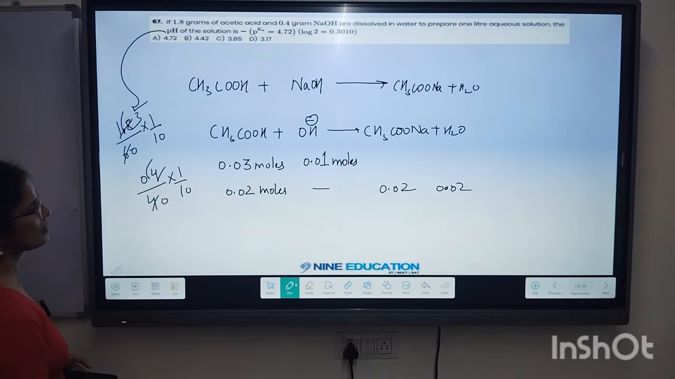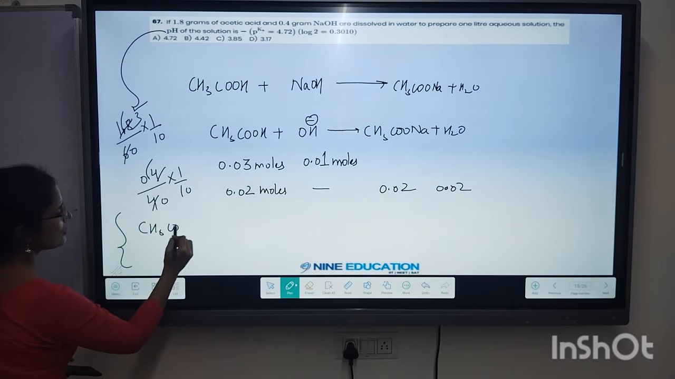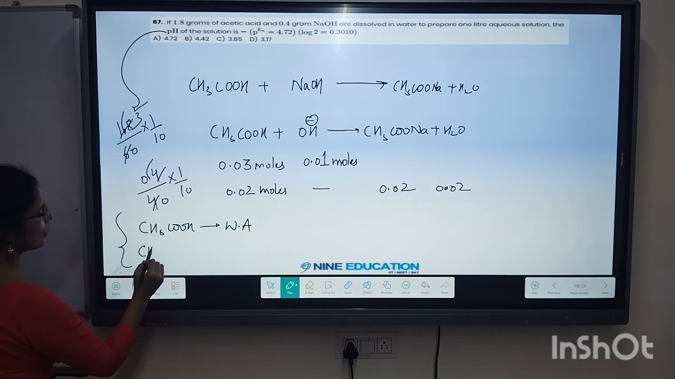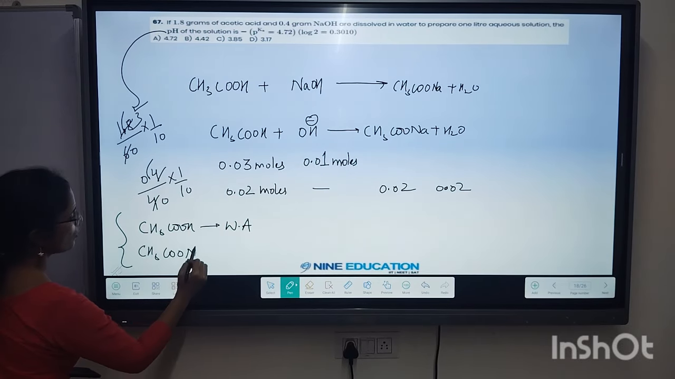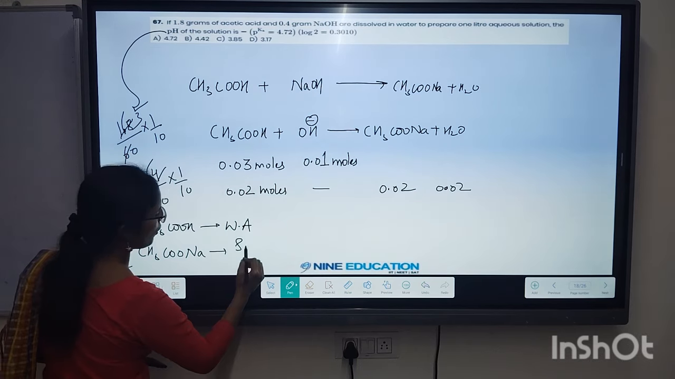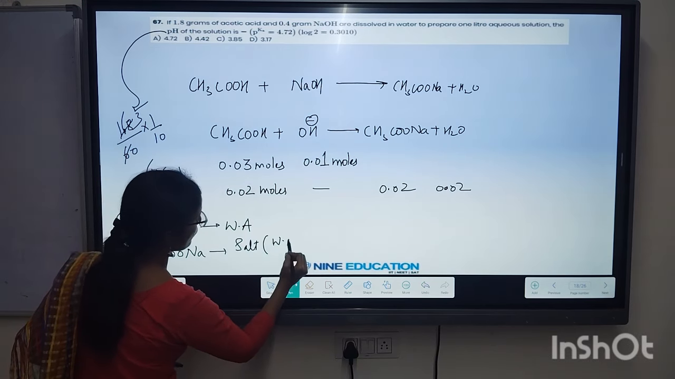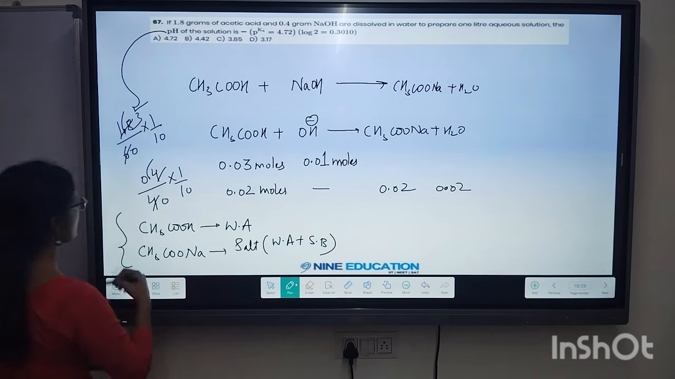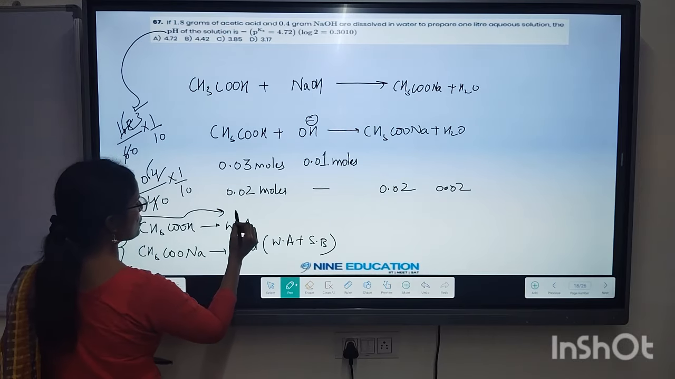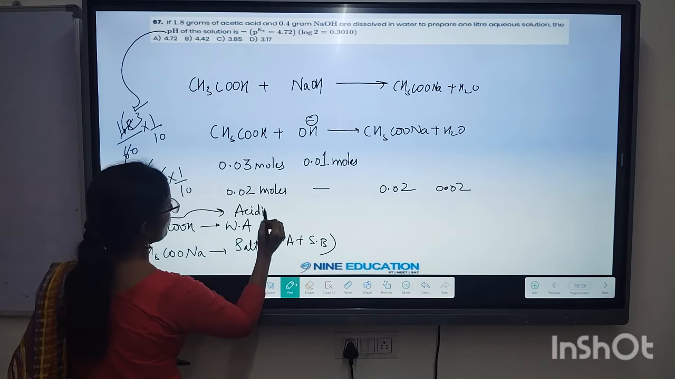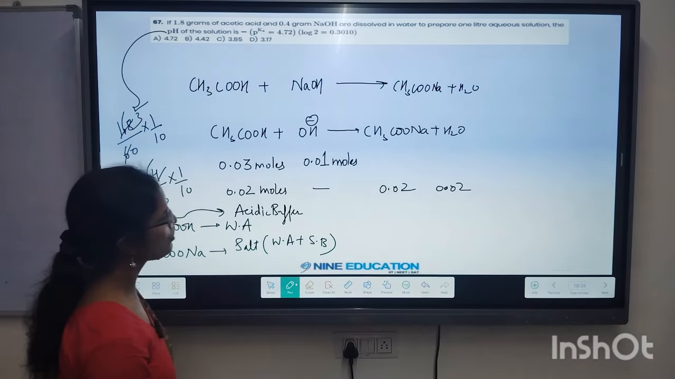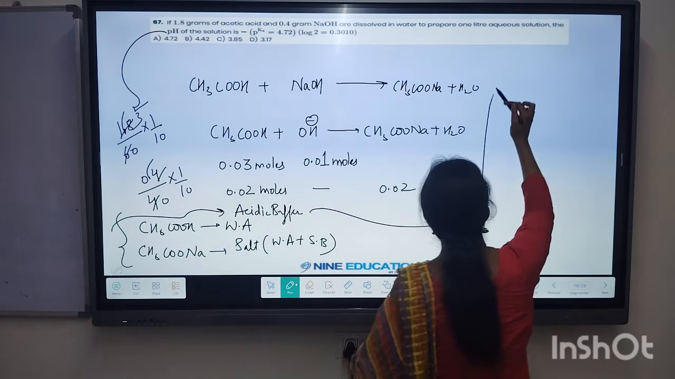Now again try to understand what we are left with after this reaction. We are left with CH3COOH, which is nothing but your weak acid, and next we are having CH3COONa, which is a salt of a weak acid and a strong base. So the nature of this solution is what? Acidic buffer, right? It will be making an acidic buffer,